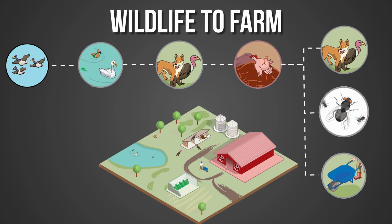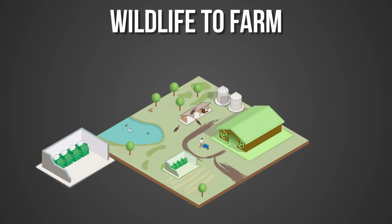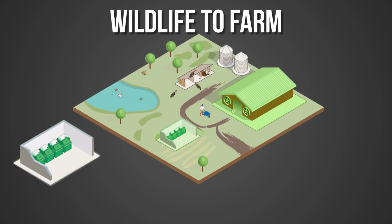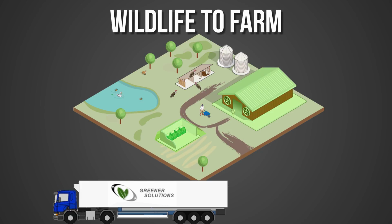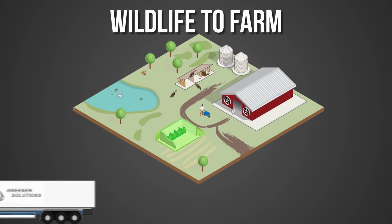source. Instead of composting, dispose of routine mortality in sealed freezer collection units. This will significantly reduce the number of animals and flies on the farm, thereby reducing the risk of transmission. A custom collection vehicle arrives between broiler flocks to empty the routine mortality so the units are ready for the